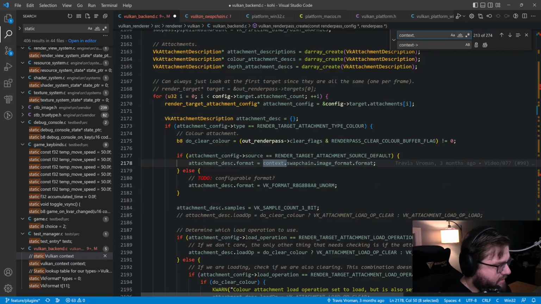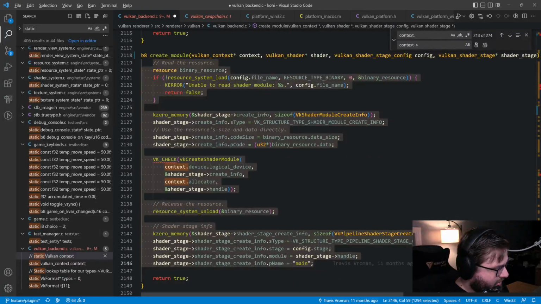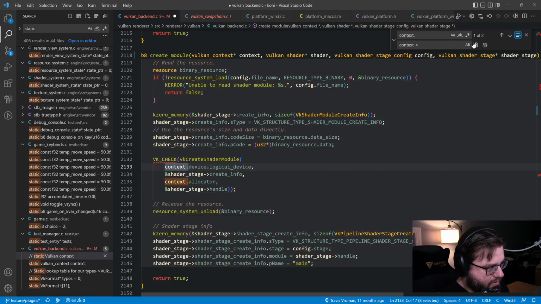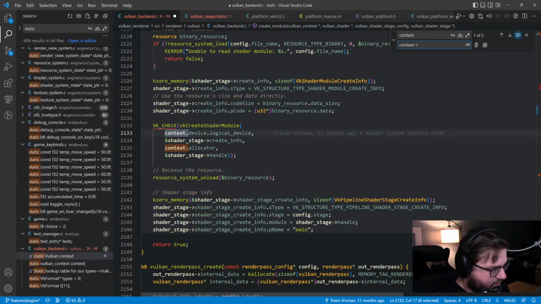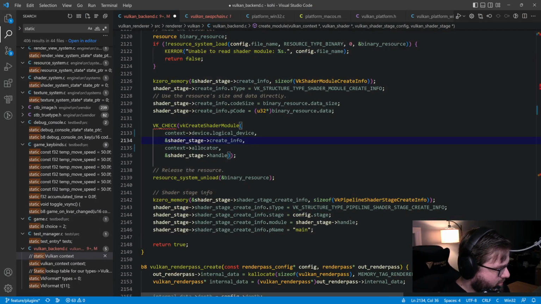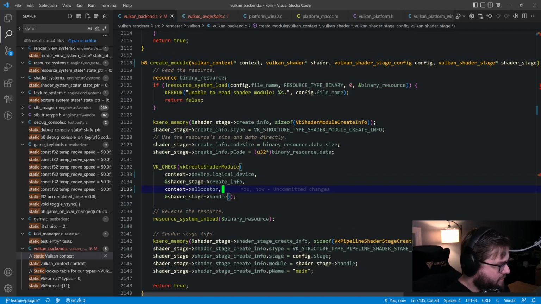Context dot, whoops, crap. I hate that it tries to jump me to the next instance of it, which is not really what I want. Okay. Well, so this is just 2 of them. All right. So we've got that, and then